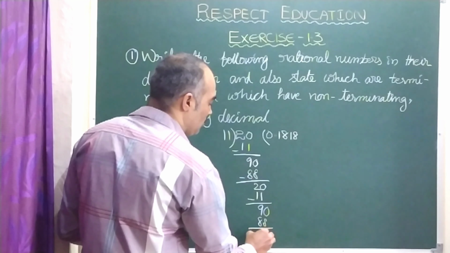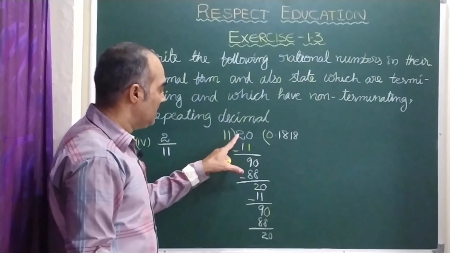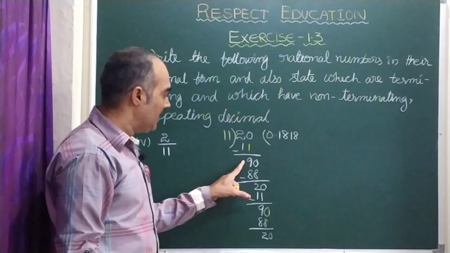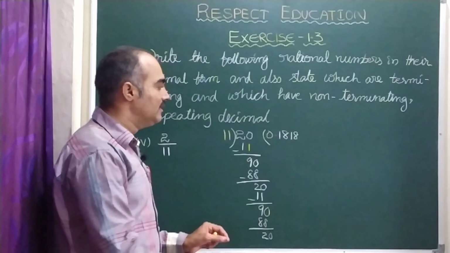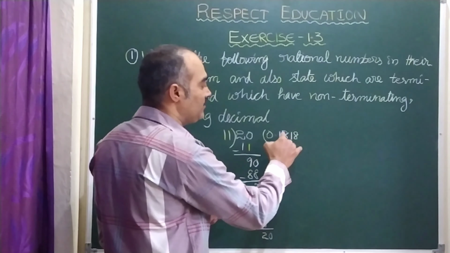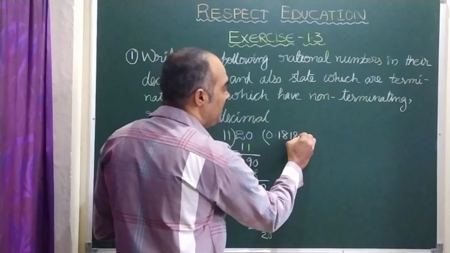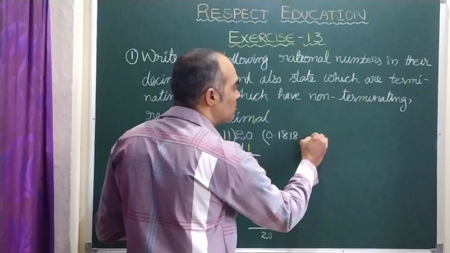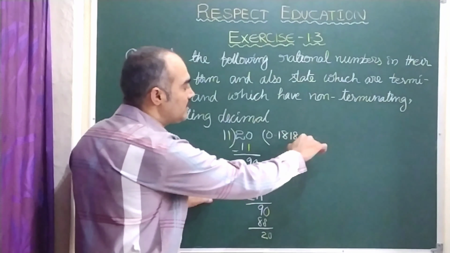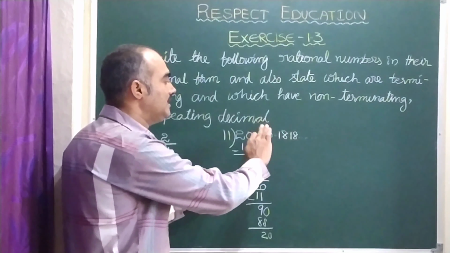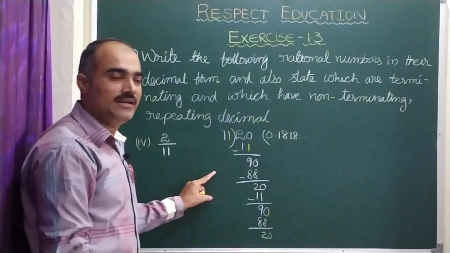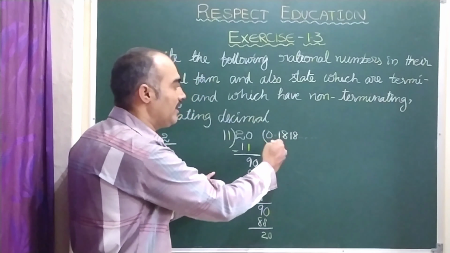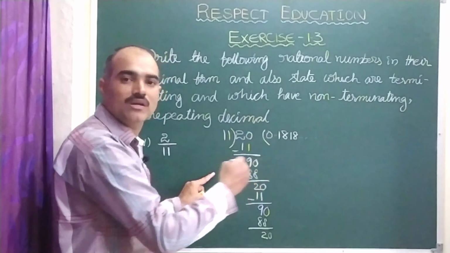If you observe carefully here, children, see 2011, 9088, again 2011, 9088. Here you see the answer 0.181818. So it is 181818, and so on. These dots indicate "and so on", meaning it is endless. We can say it has no end. If you go on doing this, 18181818, it goes on coming like that.